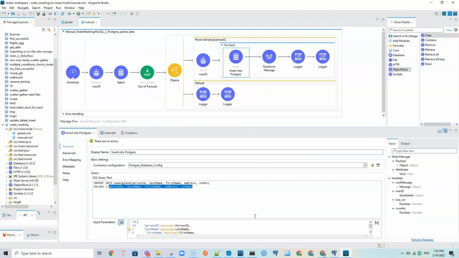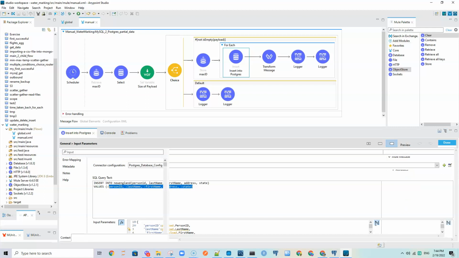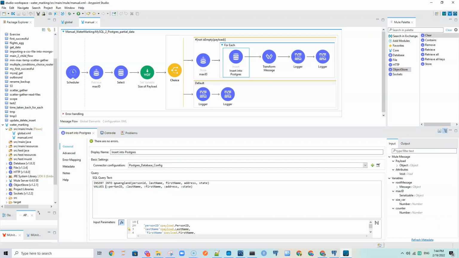If you go down here, or maybe I can show the graphic view. Okay, so person ID, you can see these keys, their values are coming from the payload. Person ID is payload.personID, last name is payload.lastName, first name is payload.firstName, and so on. So that is what we are doing to get the values of these keys. Under this for each scope, each record is going to be inserted